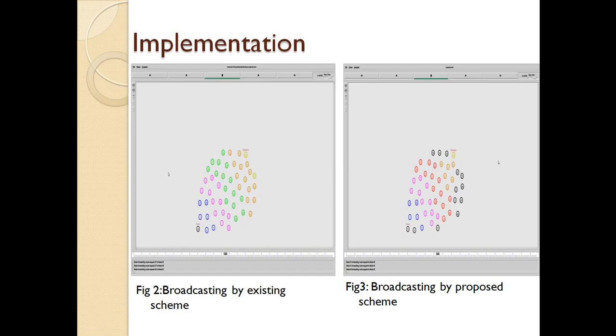Here this algorithm was implemented in NS2, and the first figure, figure 2, shows the broadcasting which is done by the existing scheme which was proposed by Shobha Tyagi, which was just a reliable data transfer from source to the destination. In this, we can see a network of 50 nodes which have been deployed. Almost all the nodes have been used in the broadcasting process from source to the destination,